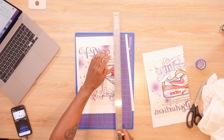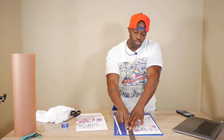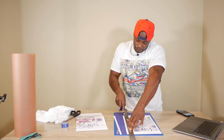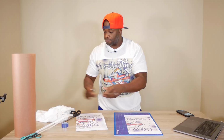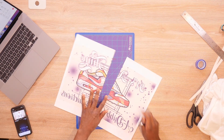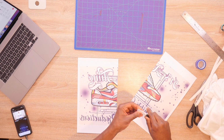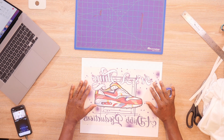All right, flip that upside down. Let me come right here. But guys, this is the first step. In order to do all over sublimation, you have to understand this concept of slicing. You can dive into it if you want to, but things won't come out the way you want them to unless you start learning these little small processes and how to do them. All right, so now you got your two images, and you can see when you put them together,